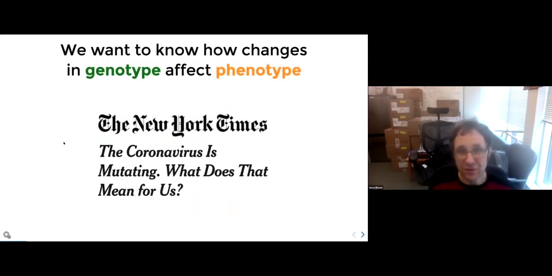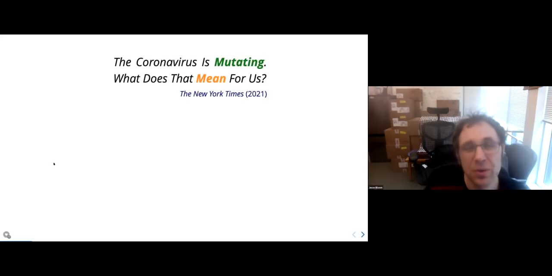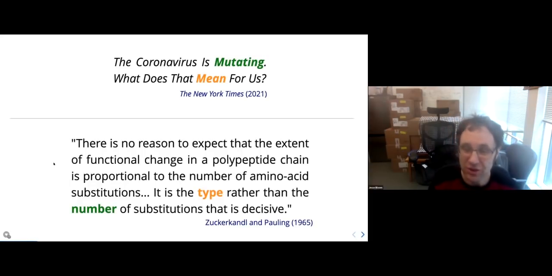But we still often want to know how these changes in genotype are also affecting phenotype. So here's an article on this topic. It says the coronavirus is mutating. What does that mean for us? And the point I just want to make here is that this question that everybody's so interested in right now, what do these mutations mean for us, is really a special case of this more general question